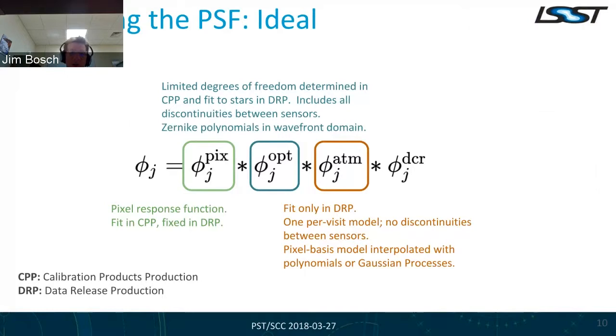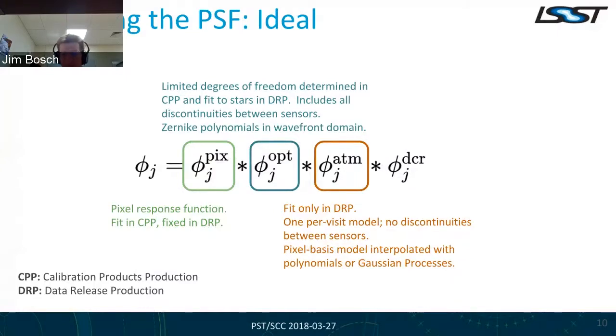Because the discontinuities between sensors are handled in the optical part, this should not have to have any discontinuities between sensors. I don't think that's really ever been demonstrated, certainly not at the level that we need, but it should be possible. And for this, we're thinking something like a pixel basis model that's interpolated either with polynomials